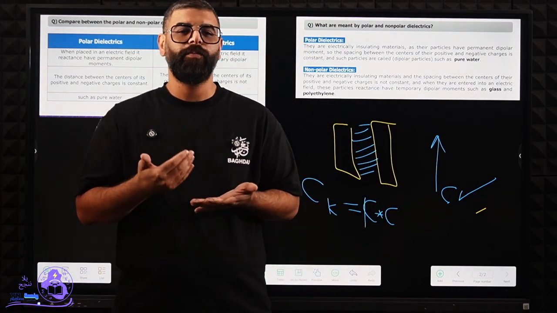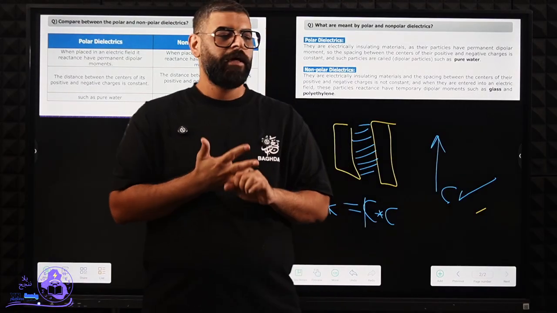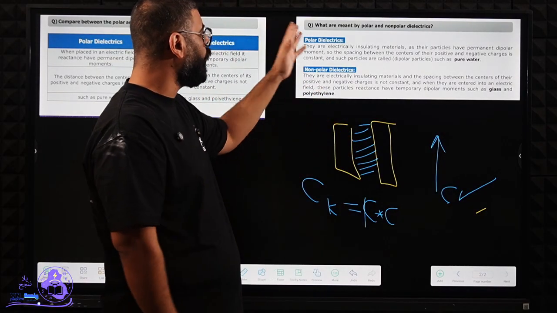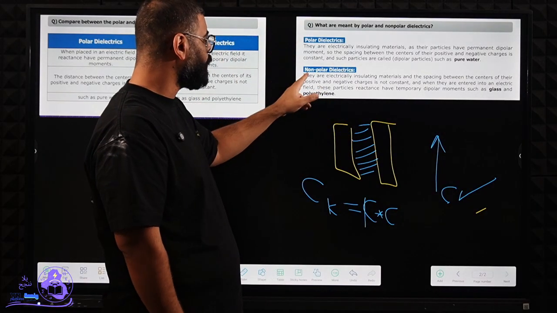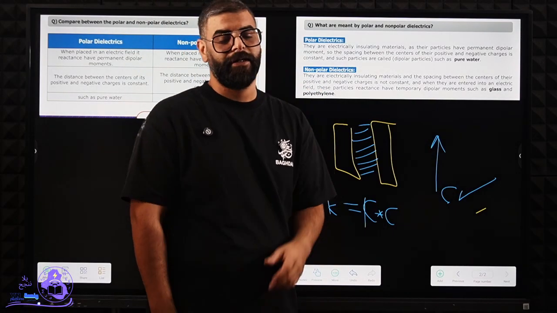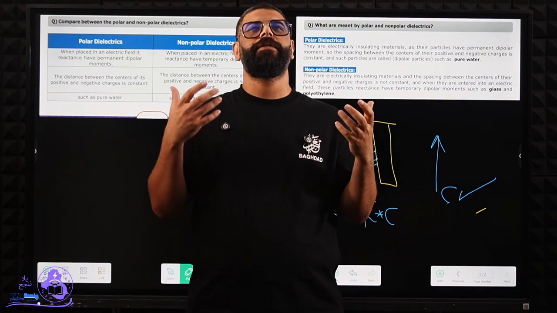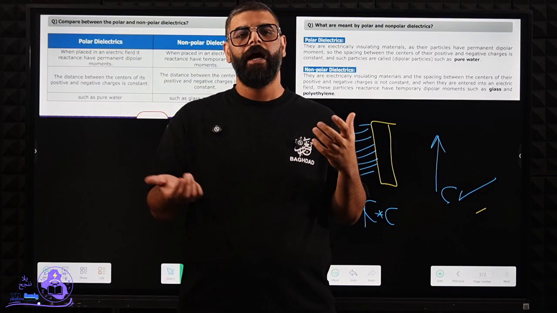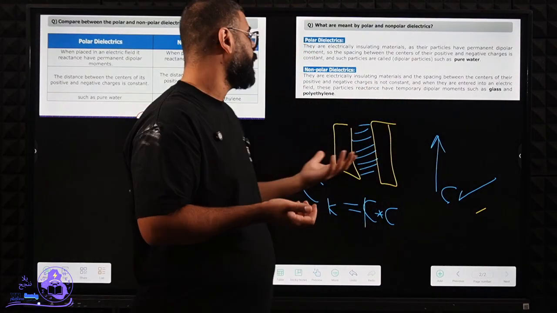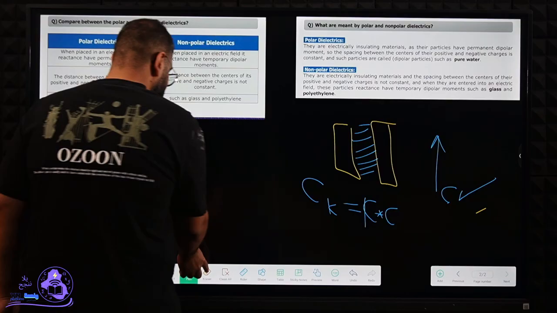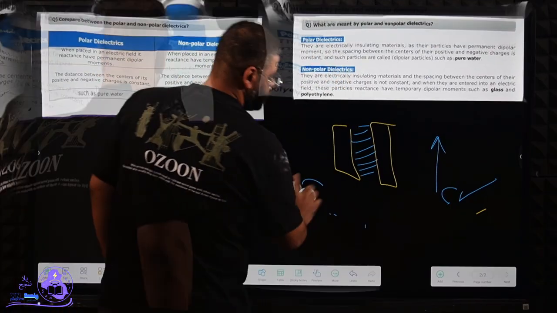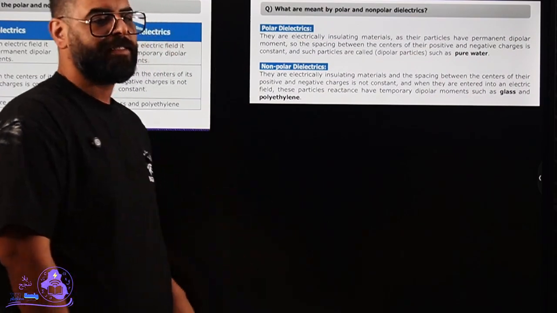So we mentioned that we have two types of dielectrics. One of them is polar dielectrics, and the other one is nonpolar dielectrics. And you will ask yourself, what is the polar dielectric and what is the nonpolar dielectric? Let's see this. Polar dielectrics are